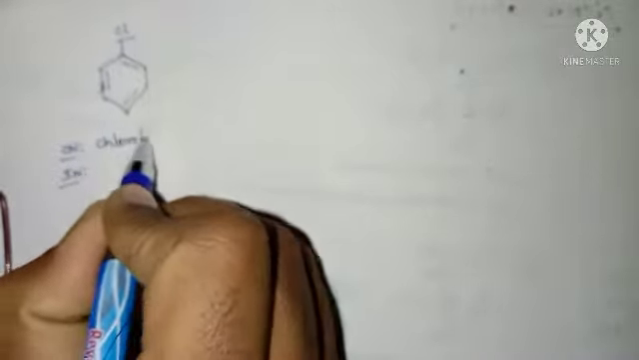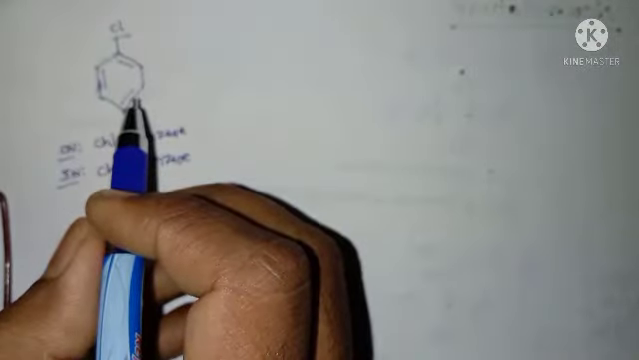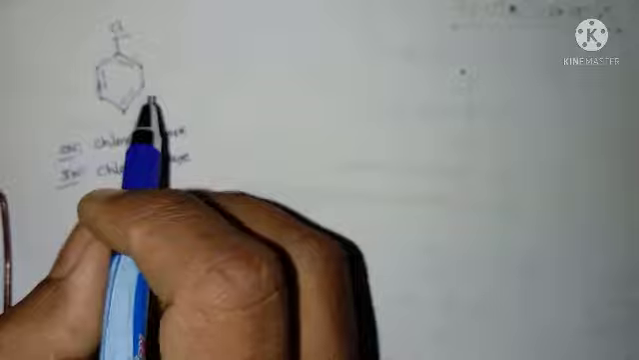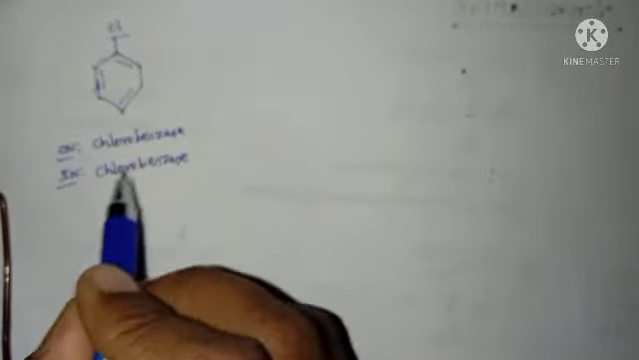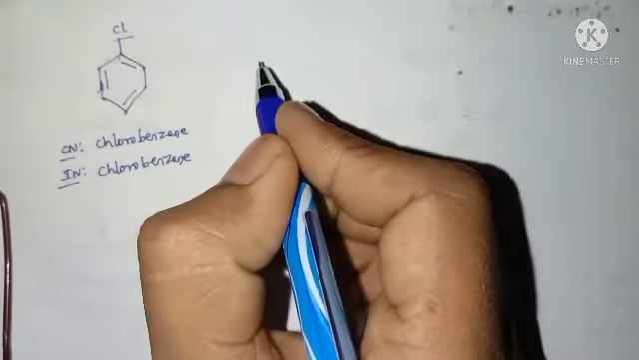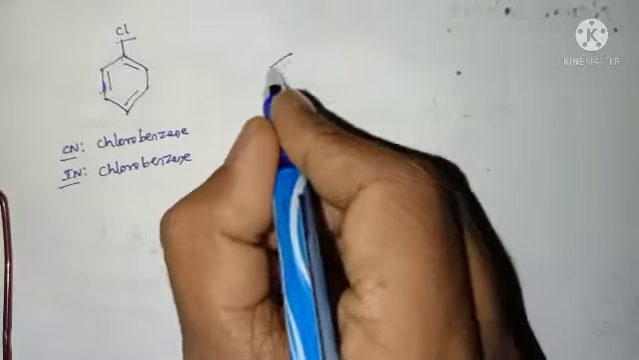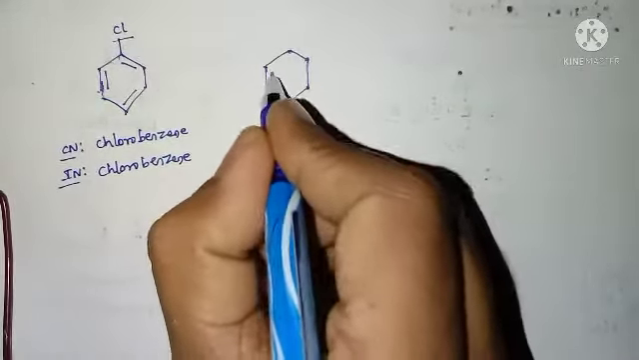So in case of the monohaloarenes, the common name and IUPAC name of the compounds become the same. Here the common name is chlorobenzene and the IUPAC name is chlorobenzene. I will take one more example here: if two halogen atoms are attached to the benzene ring, then how do we have to